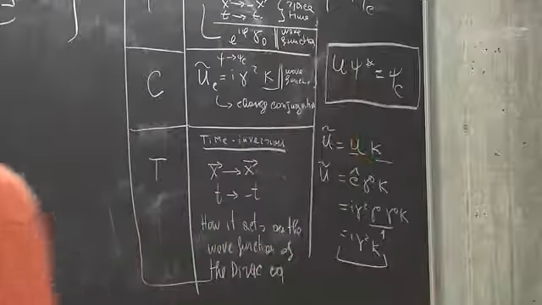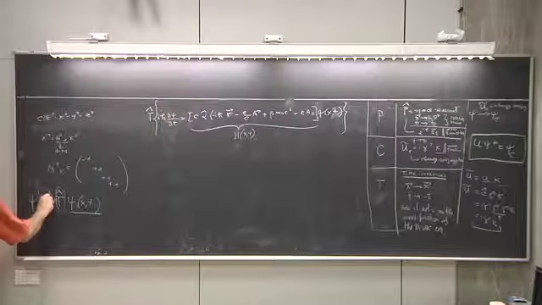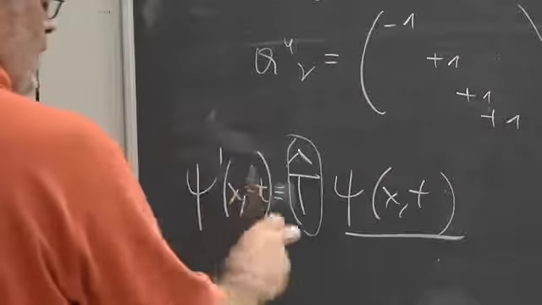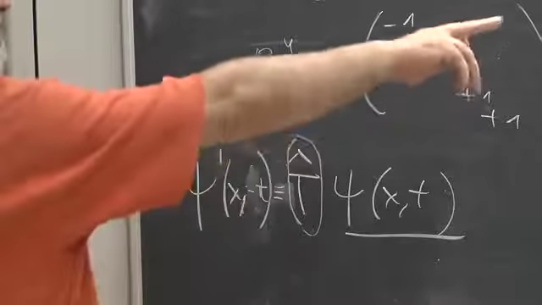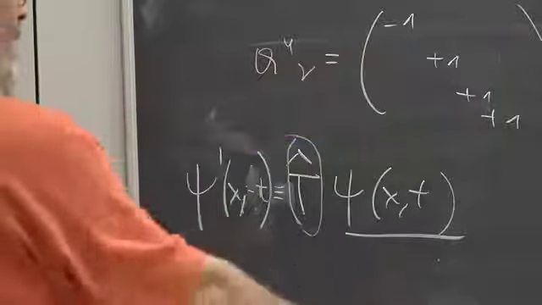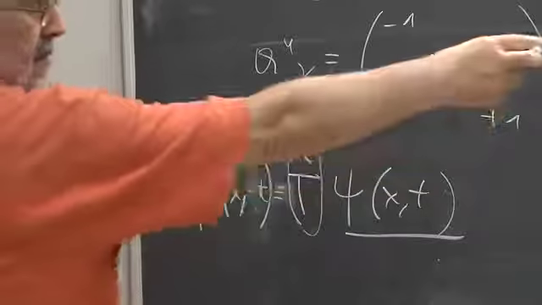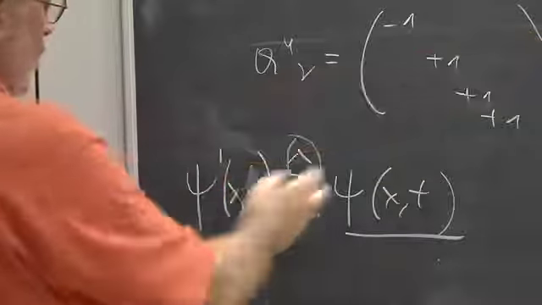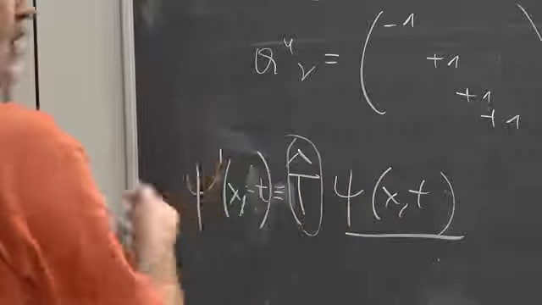This t prime is minus t. I'm doing the time inversion. Okay? So if you don't like t prime, let's call it minus t. I am implementing the time inversion, so I know that on space-time, x,t goes into x and minus t. Look there, time inversion. And I want to know how the wave function will change, so I call it psi